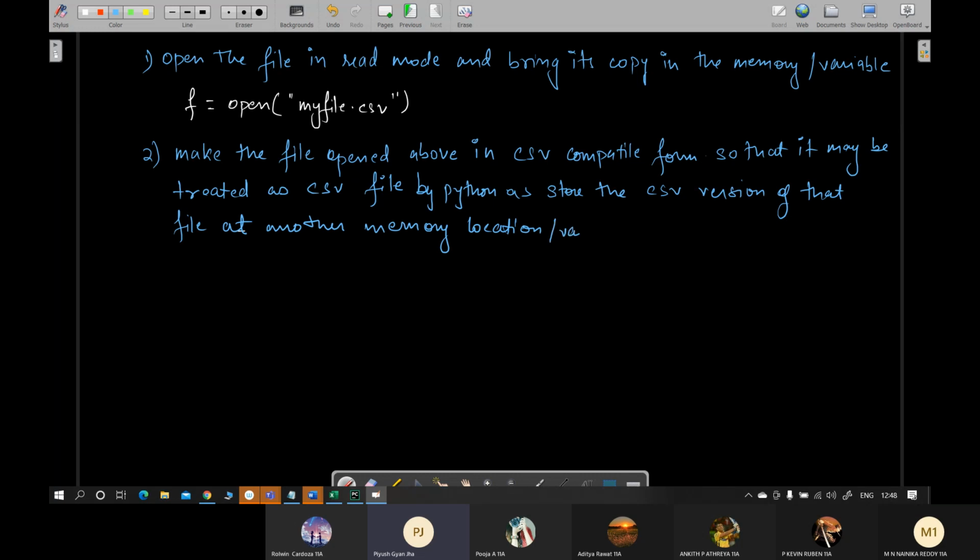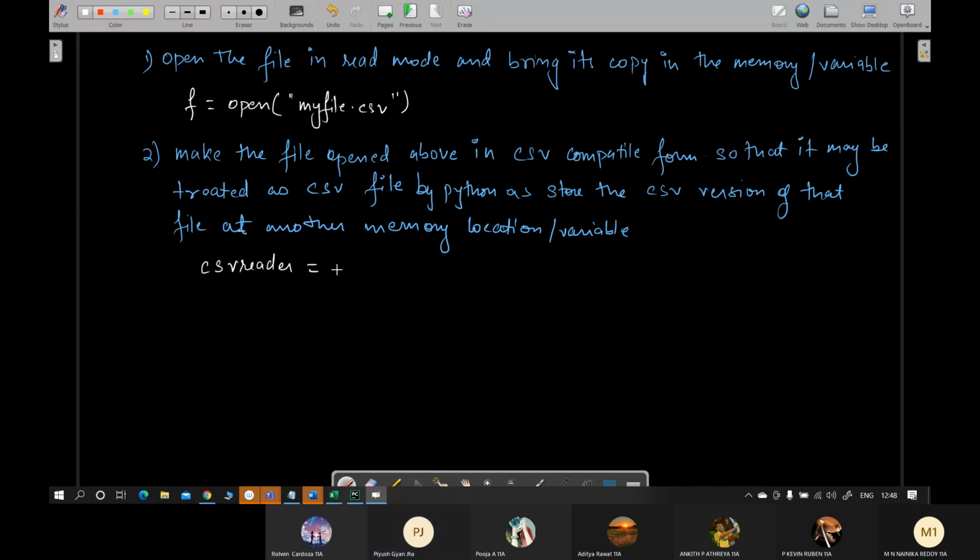That means the file that you have opened, you have to convert it into a CSV type file and store that converted form in another memory location. So you will write something like csv_reader is equals to, you can give any name. Okay.